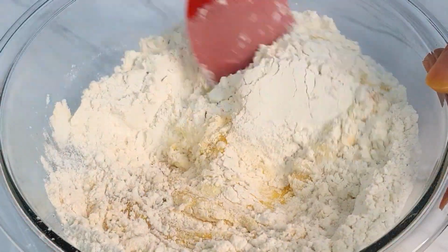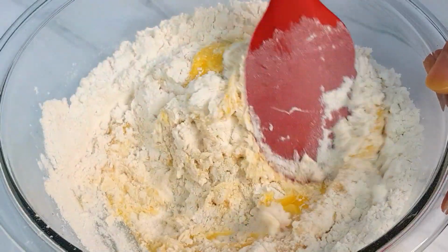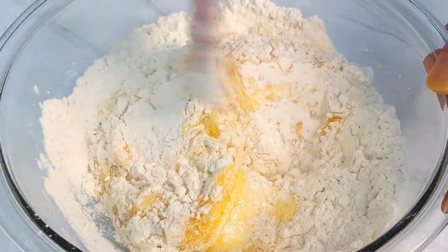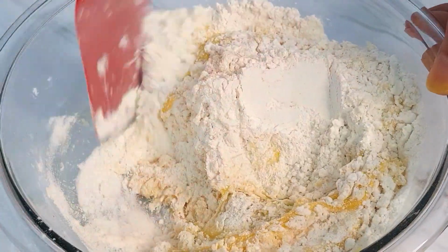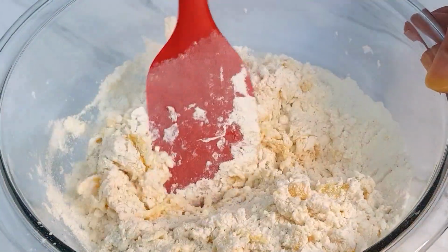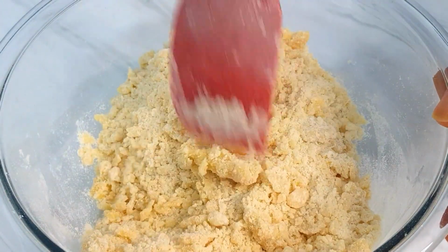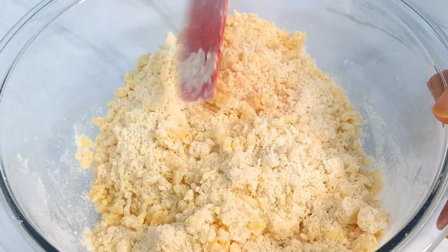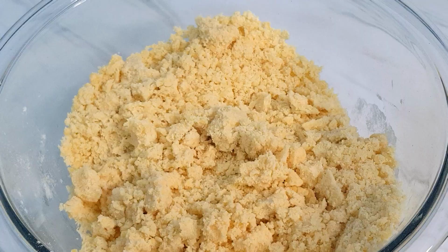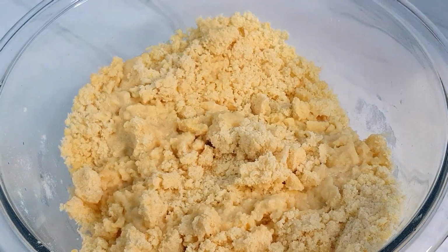but Onde Onde itself originally came from China during the Tang Dynasty, officially the Xian area. This snack was then brought by immigrants to Asia and then expanded to Indonesia. 30 milliliters of water,